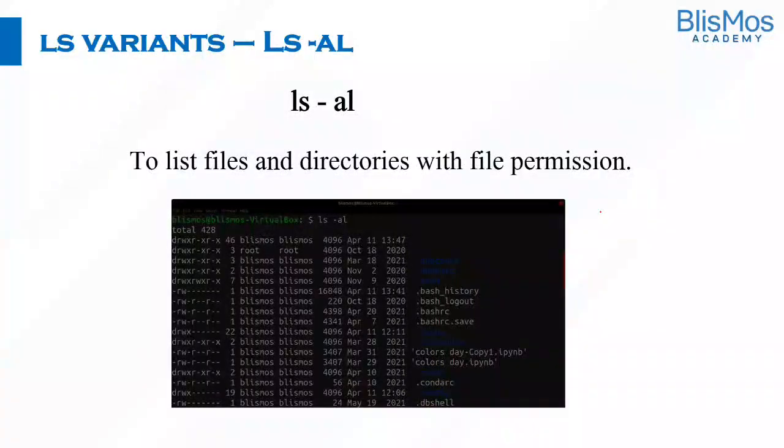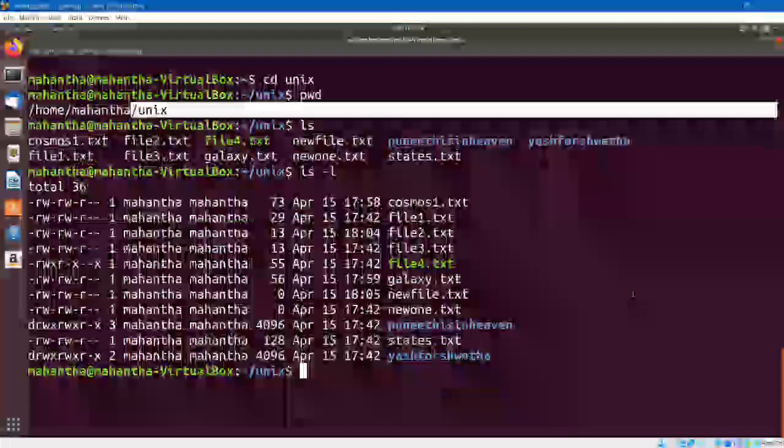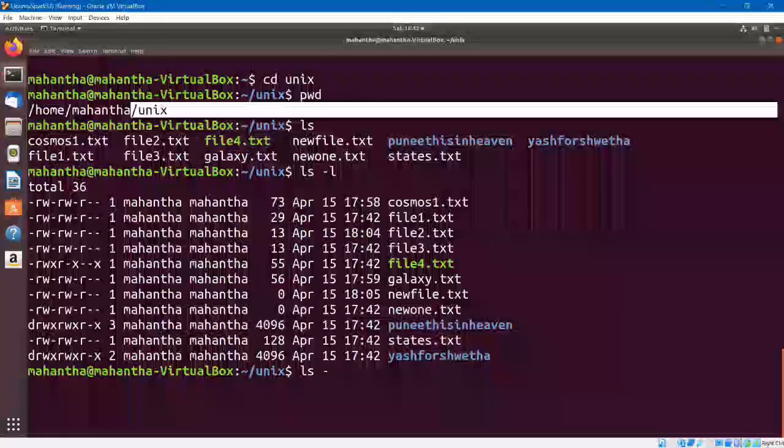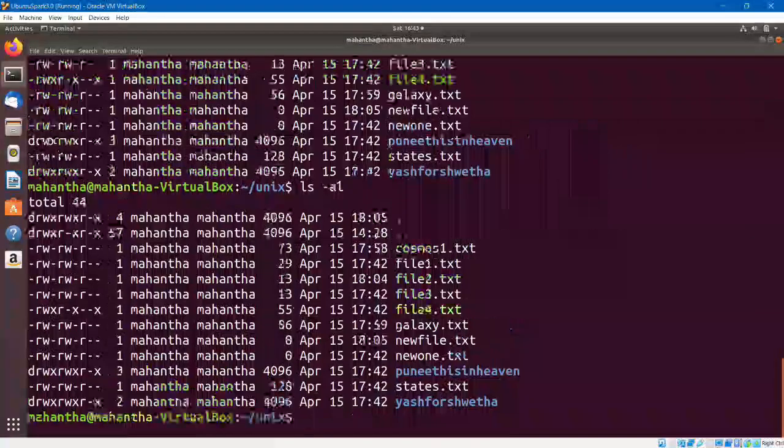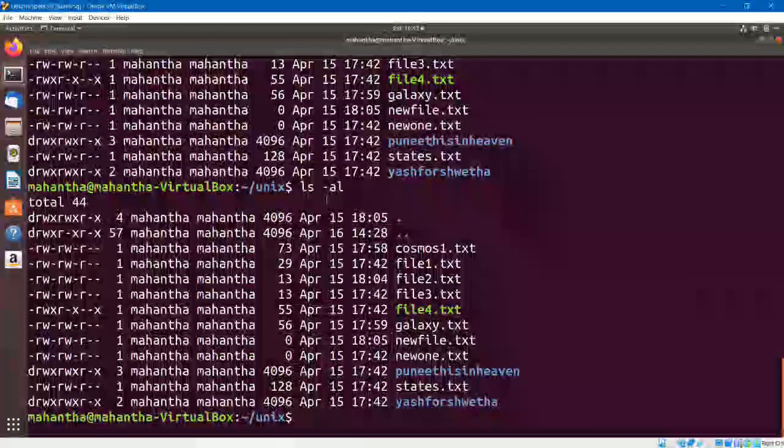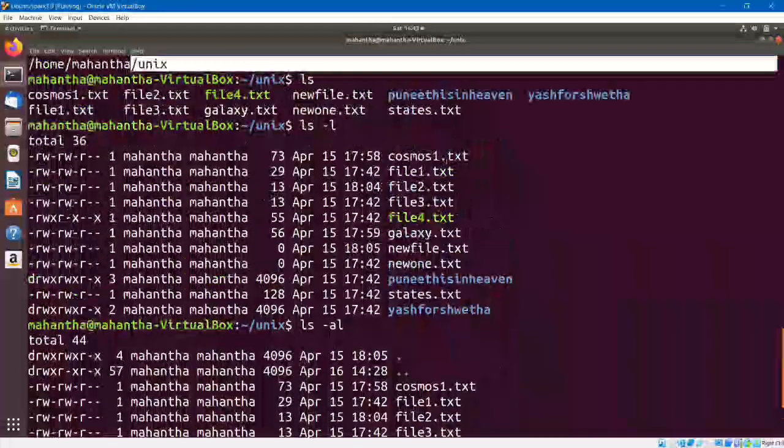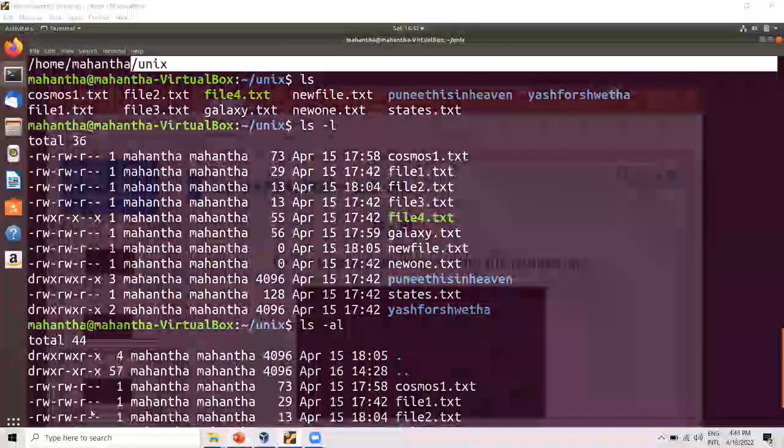The next command is ls -al. It will list down even the hidden files. Let us go ahead and say ls -al. You will see the difference. You see these two dots are appearing in ls -al, but they were not there when I just executed ls -l. That is the difference between ls -l and ls -al. What is the next command? It is